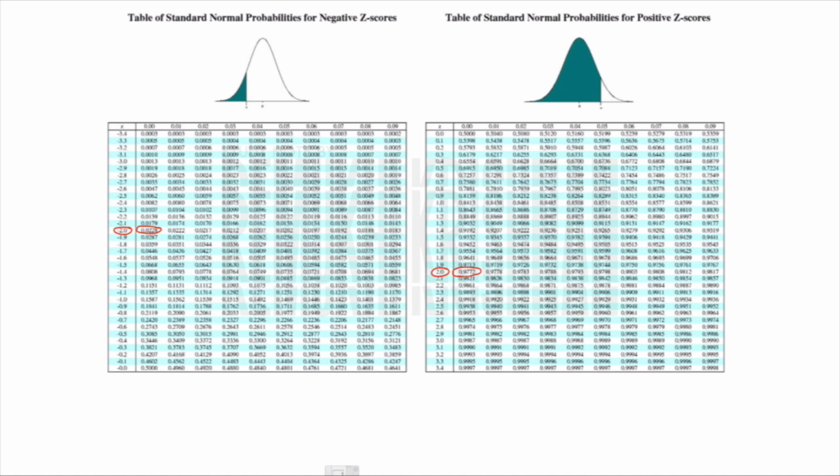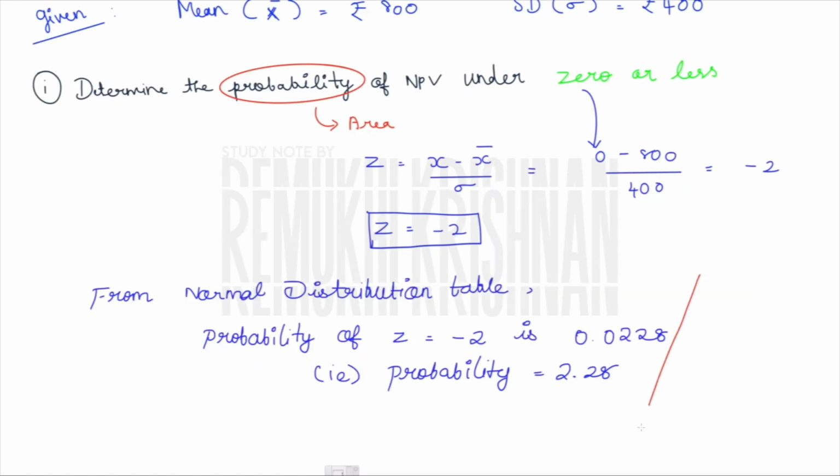Yes, you can carry on your sum with the positive value. The one thing is you have to minus the total area from that. So let us take, now I'm just having only z value with me. So for z is equal to 2, I'm just getting my value as 0.9772. I can write like this. My probability comes to be what? It comes to be 1 minus 0.9772 because the value available is for positive 2, which is 0.9772.